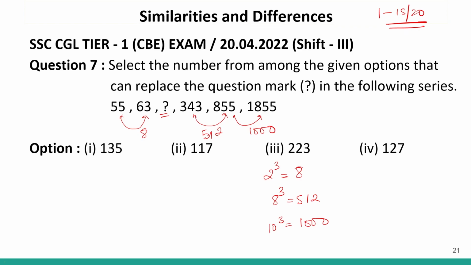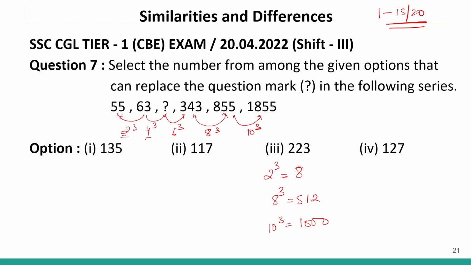So here I can see this is 8 cube. This is 10 cube. Let me write it like this. This is 10 cube. This is 8 cube. And over here the difference is 2 cube. So logically, if we get a difference of 4 cube, and here we get a difference of 6 cube, we can form a series.